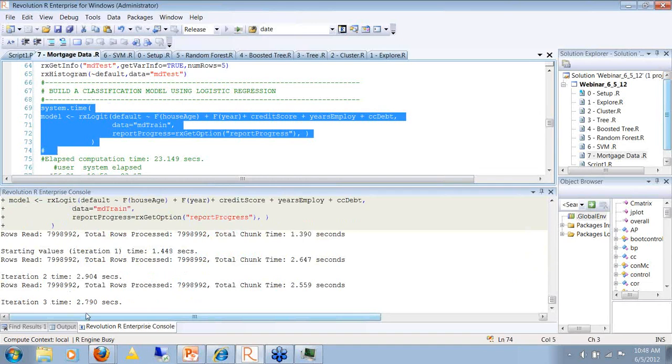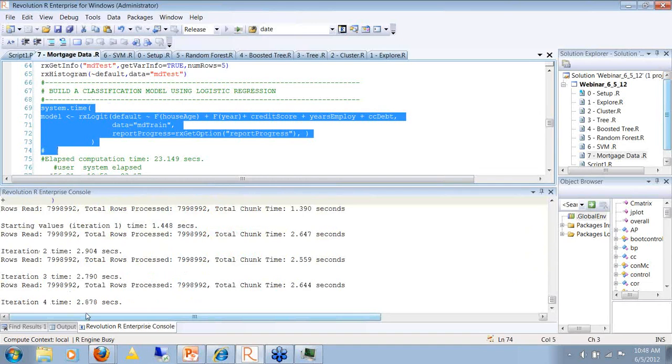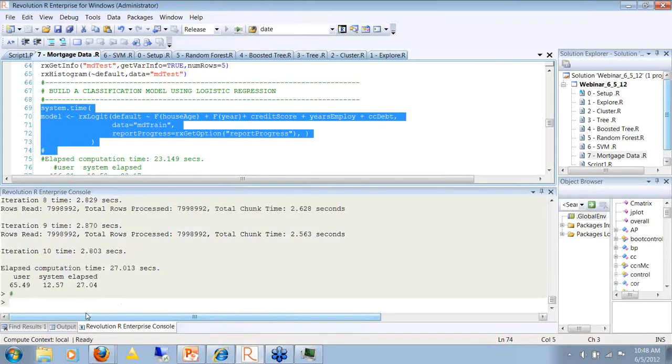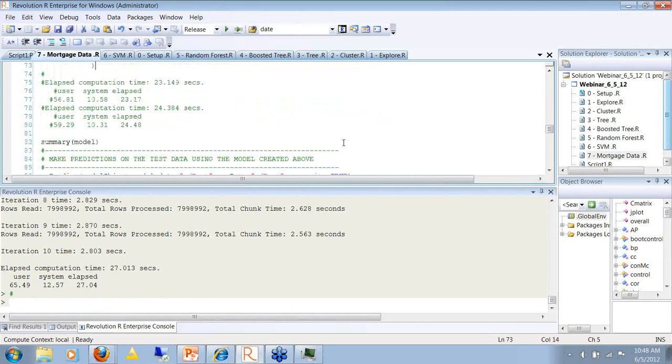Also the algorithm that's used, it's an iterative least squares algorithm. So what it has to do is make several passes in order to converge to a final solution. It's a very complicated algorithm, very sophisticated, but it's working through this data in a reasonable amount of time. So here you see a million rows processed in 27 seconds.